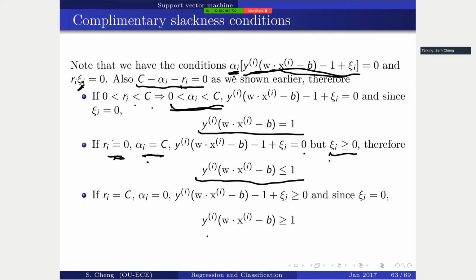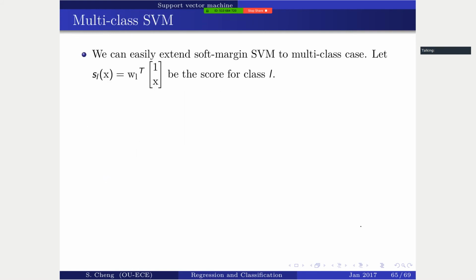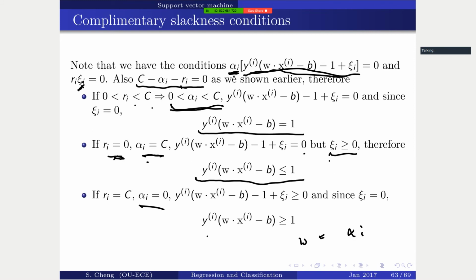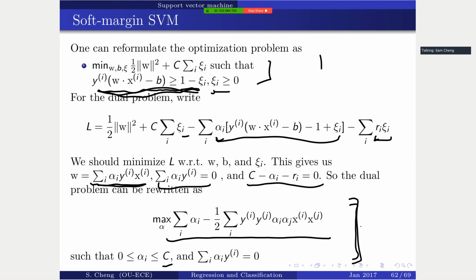And the final one, you can go through that also. This is the case that is outside. So basically, when alpha I is equal to 0, that will be the case. Again, it's similar to the hard margin case, if you remember. When everything does not violate the condition, that's basically not the support vector in the hard margin case, then those alpha I will be equal to 0. And if you remember, W is basically equal to this alpha I. Actually, do I have that here? No, I don't. W is equal to